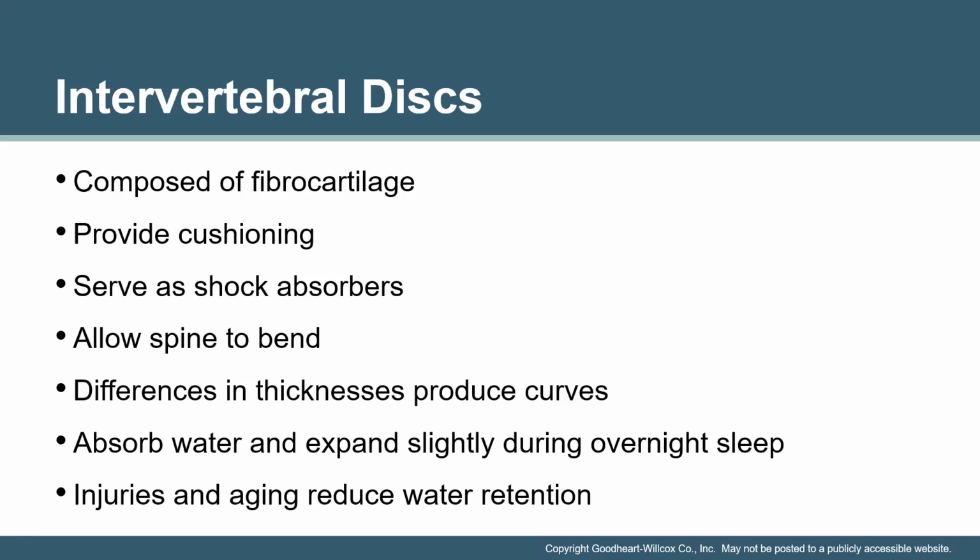In the normal adult, the disc will account for approximately 1/4 of the height of the spine. When a person is lying in bed during overnight sleep, the disc will actually absorb water and expand. During periods of upright standing and sitting, when the spine is under compression from weight and gravity a lot differently, that fluid can be compressed out, and that can be the reason why we lose height. As we age, we say we lose height, and one reason is due to the dehydration of the disc, and this can be for a million